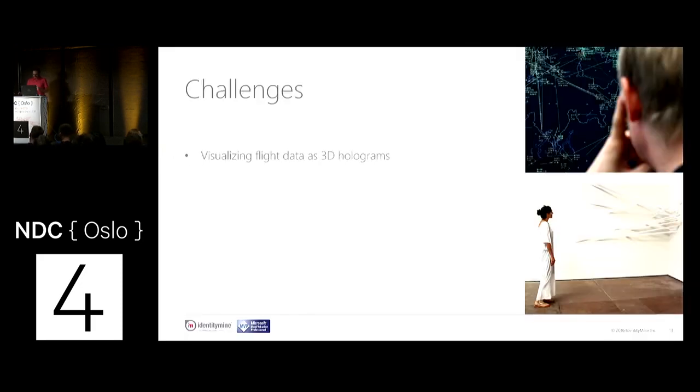Okay, so what were the challenges? First of all, usually flight information is visualized in 2D, but if you visualize it in 3D, you also open another dimension of errors, basically, which you don't see in 2D. You also need to be careful with the holographic frame size, because you cannot put too much information in front of the user. Flight information is very dense, and you want to show a lot of information, but on the other hand,